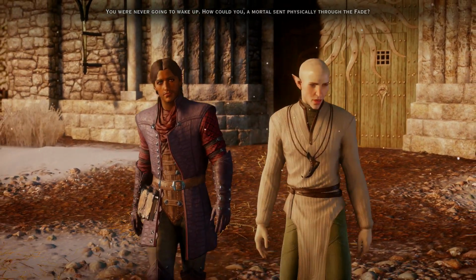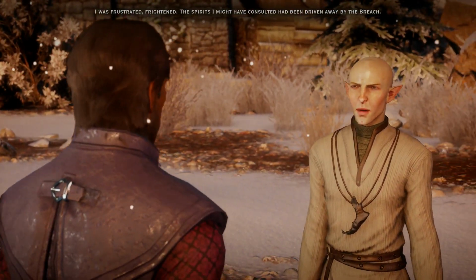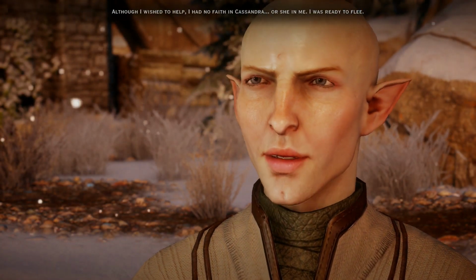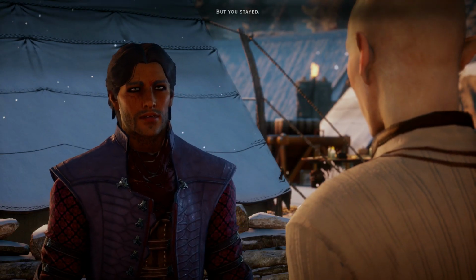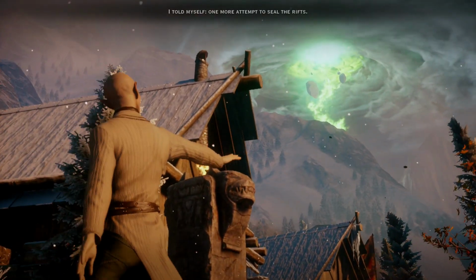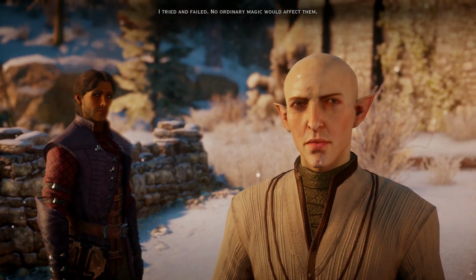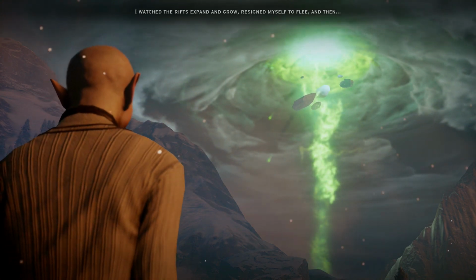How could you? A mortal sent physically through the Fade. I was frustrated, frightened. The spirits I might have consulted had been driven away by the breach. Although I wished to help, I had no faith in Cassandra, or she in me. I was ready to flee. But you didn't. But you stayed. I did. I told myself, one more attempt to seal the rifts. I tried and failed. No ordinary magic would affect them. I watched the rifts expand and grow, resigned myself to flee, and then...